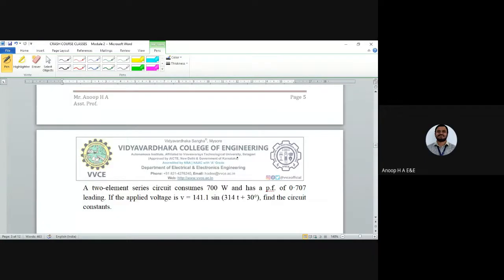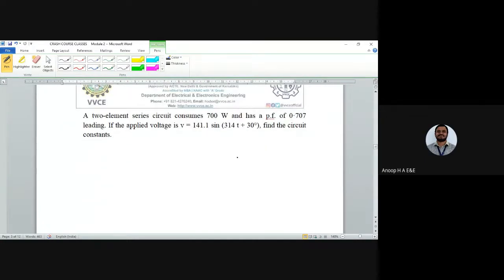Okay then. So next one. It's a typical problem. What you can expect there. So it's a two series element. So you can identify what is the series element looking at the voltage there. Okay, so voltage is leading the current by an angle of 30 degree here. So what type of circuit is it? Voltage leading the current, or current lagging the voltage. What type of circuit?